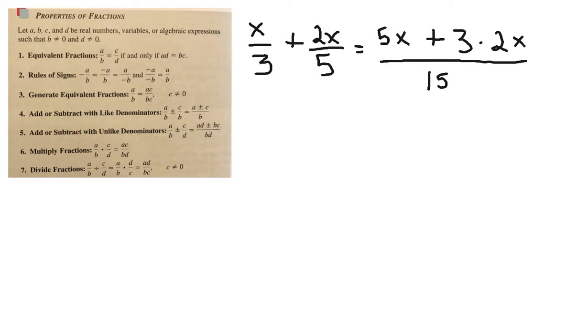So in this case, a is x, b is 3, c in this case would be 2x. So actually, here we go. All we did, look at rule number 5, that's what we're focusing on. This is c. We just took c, moved c right over here. And then we just took